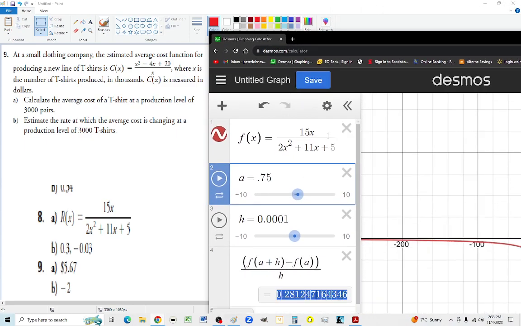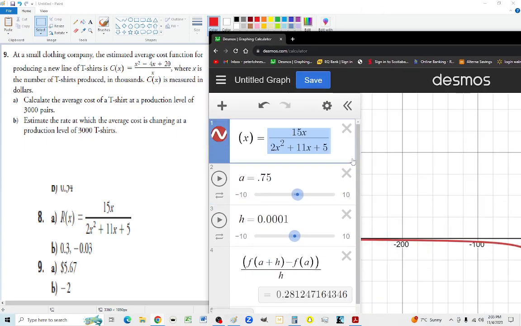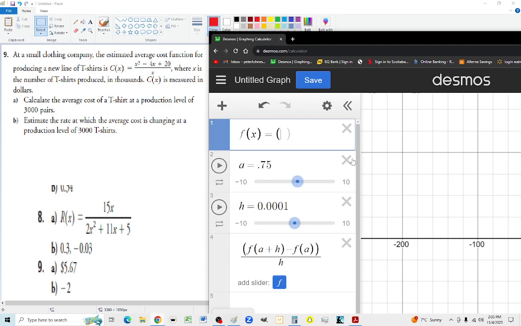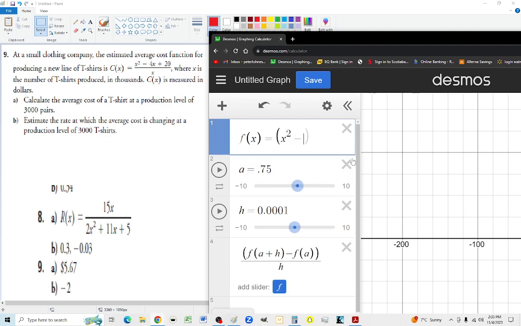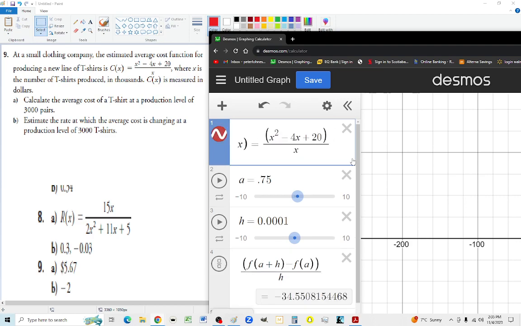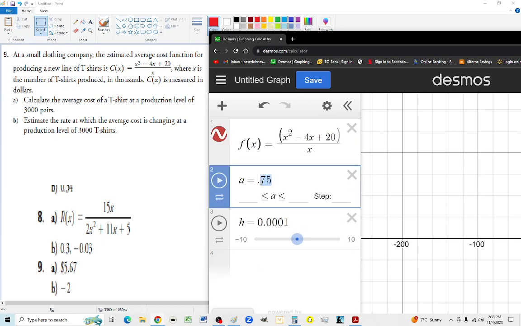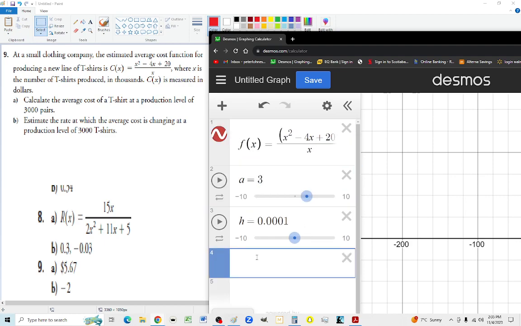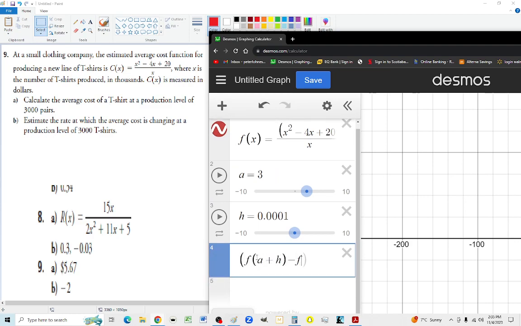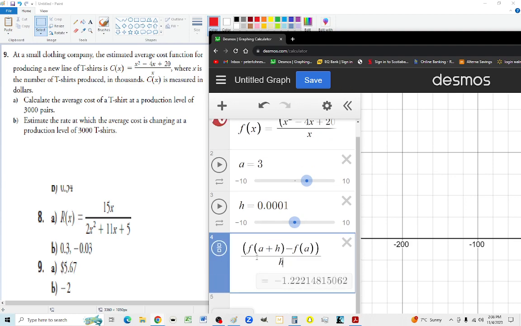And I get, just use f of x again, x squared minus 4x plus 20, all divided by x. And we're just going to change our a. We're going to assume our a is 3. And we're going to do a big old, what is f of a plus h minus f of a, all divided by h. So we get a negative result, which is not good. So cost,